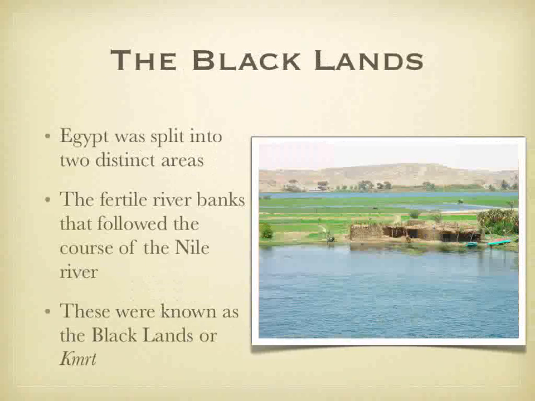That's right, and Egypt actually became known for two different types of lands. They were distinct lands that were very different from one another. The very rich, fertile, black alluvial soils were known as Kemet, or otherwise known as the Black Lands, and literally called the Black Lands because of the black silt deposits that would be spread across the land when the Nile